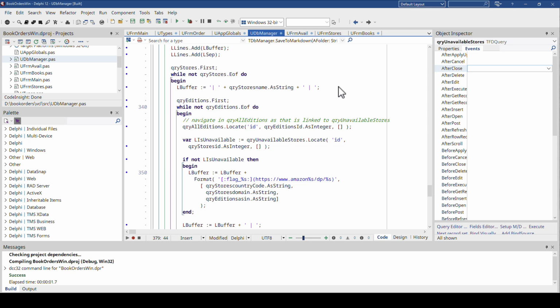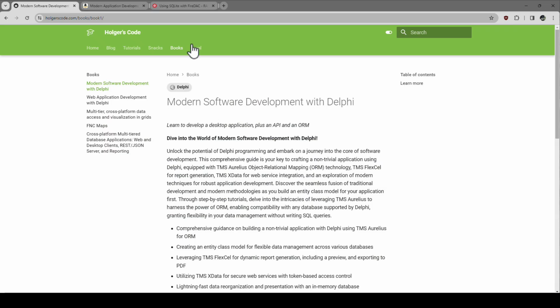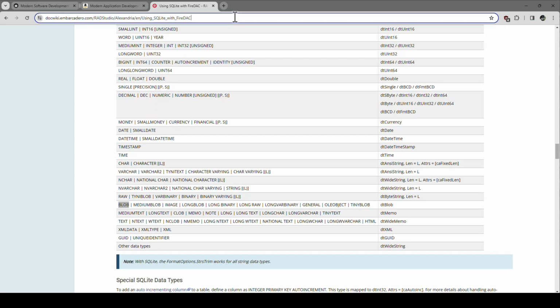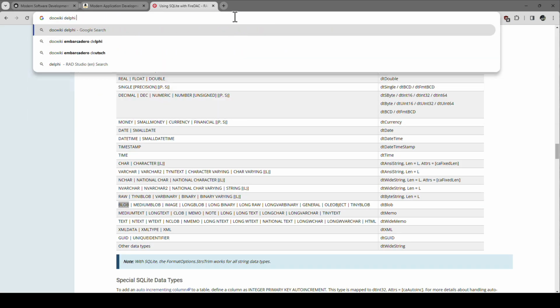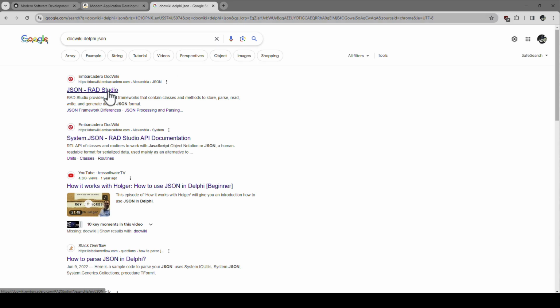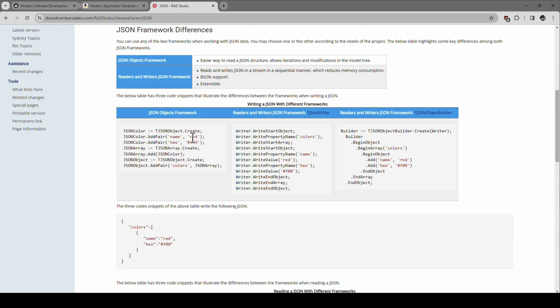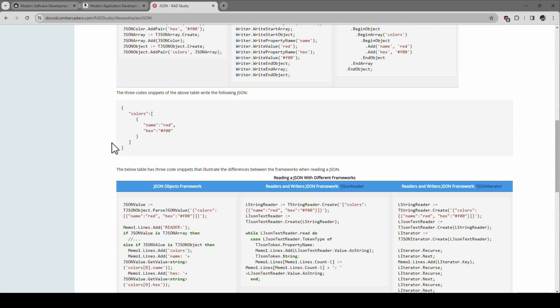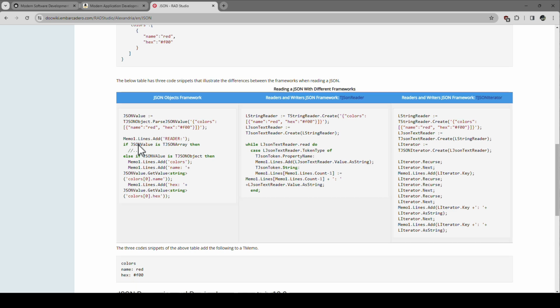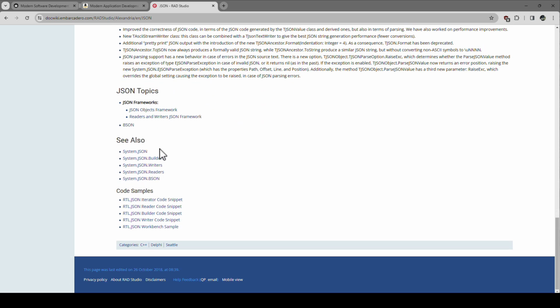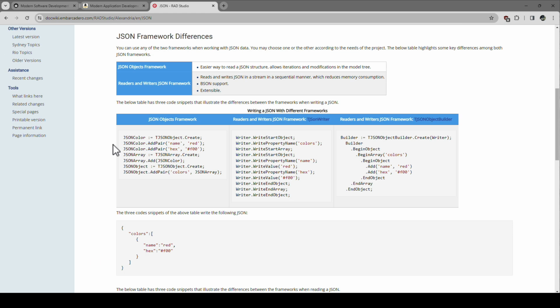The doc wiki is a great resource in this case because the doc wiki compares all the different approaches. So if we go to the doc wiki, Delphi, JSON, then we'll look here at JSON, and here's the different JSON frameworks, and here's all the different means that Delphi provides. These are just 3, how to handle JSON, and then here are the different units. And this one doesn't even mention, I think, no it doesn't, this is just for system JSON, but there's also